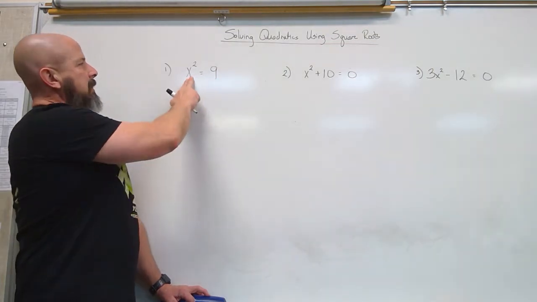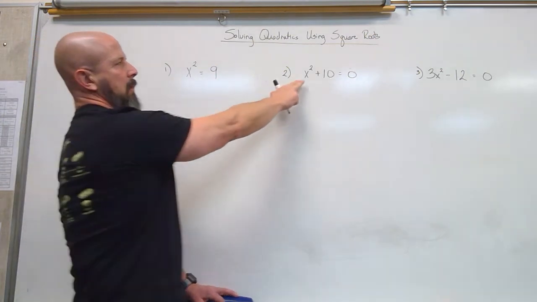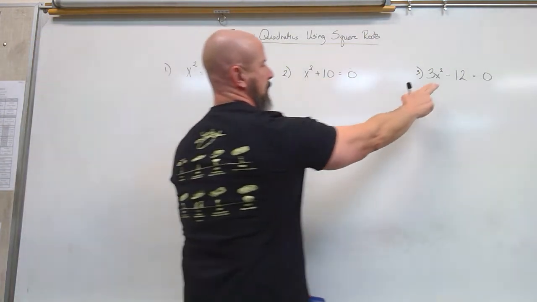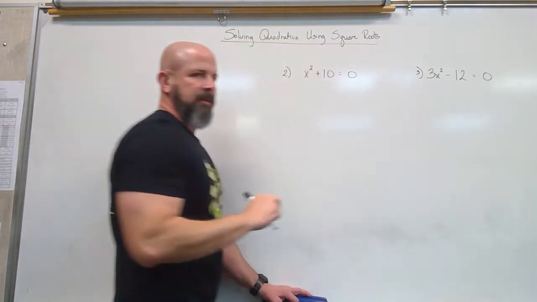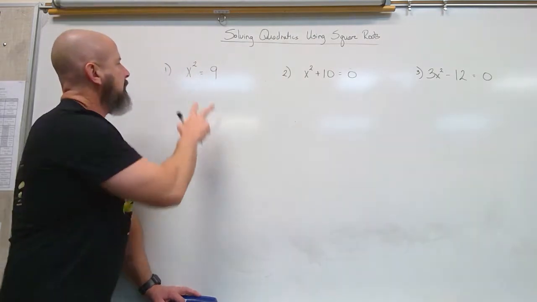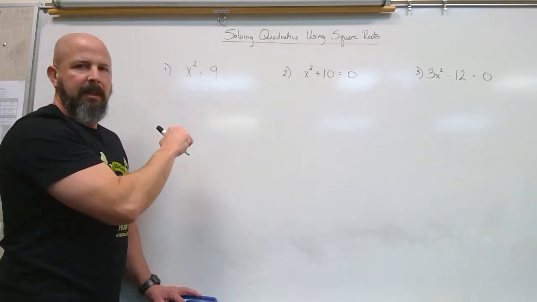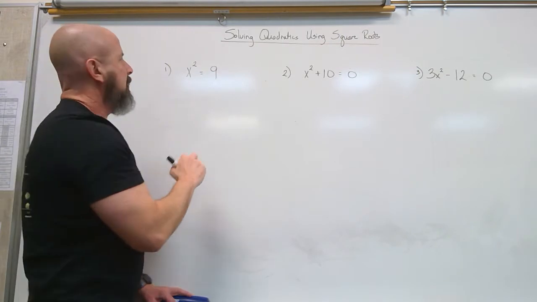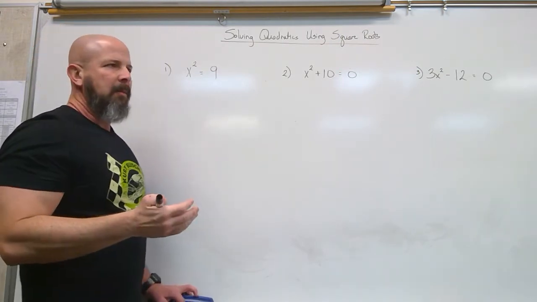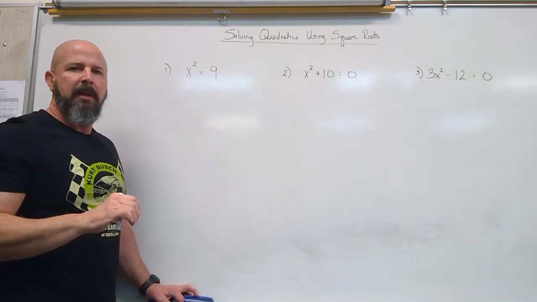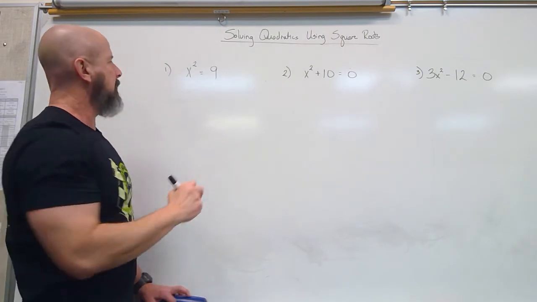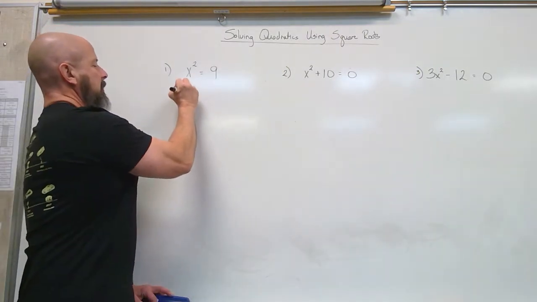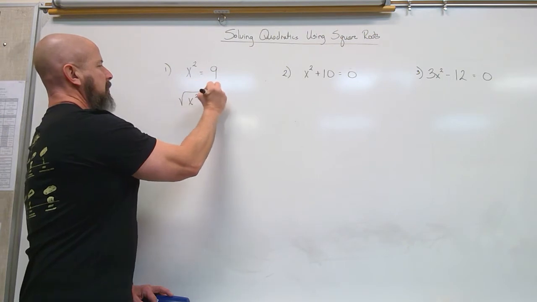But in each case, you see the quadratic square and just numbers. So when I have this, I want to make sure the quadratic is isolated. In this case, it is. So to use square roots, our main rule for equations was we can do anything we want as long as we do it to both sides. So what I'm going to do is square root